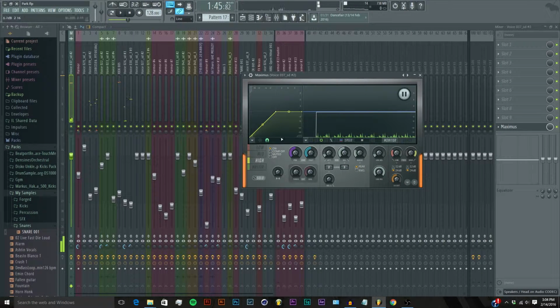So we're going to see what we're doing. And you can see the peaks are way down here. So we can actually do that. We're going to bring this down a lot, because when we raise it up, these peaks are going to be exaggerated. So if we make this louder,